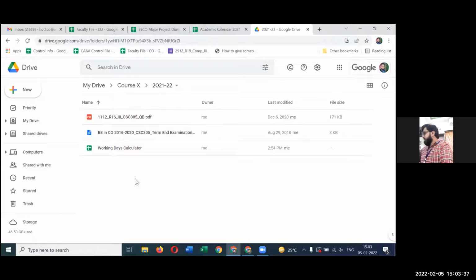What's happening here? When I create something, I am creating a folder. So basically, I am creating a space. ठीक है? अब ये space create करने के बाद में, I am sharing this space with someone else. So when I share this space with someone else, the first thing is what? I am the owner of this space. ठीक है? So there is a file owner, there is a folder owner. So I am the owner of this space.